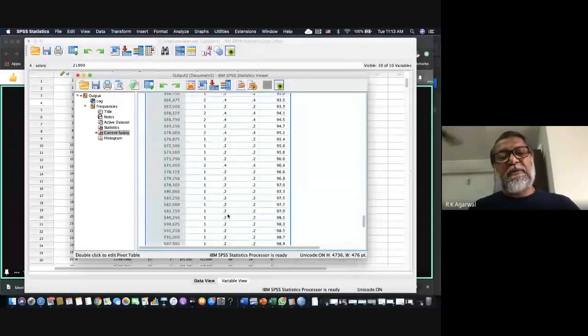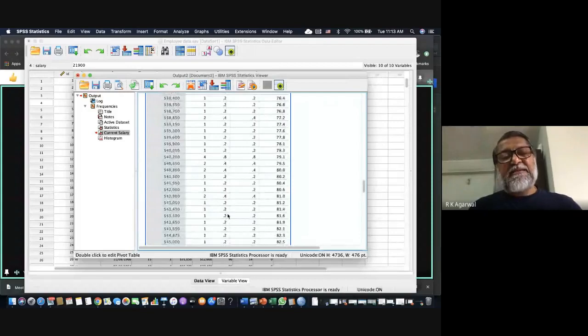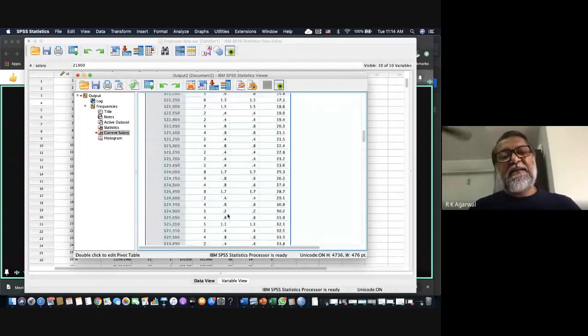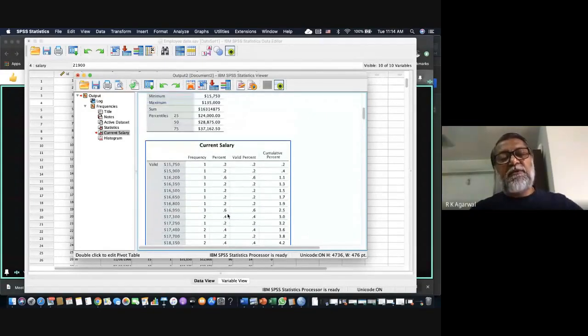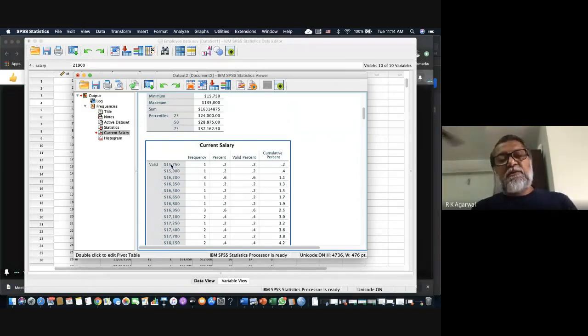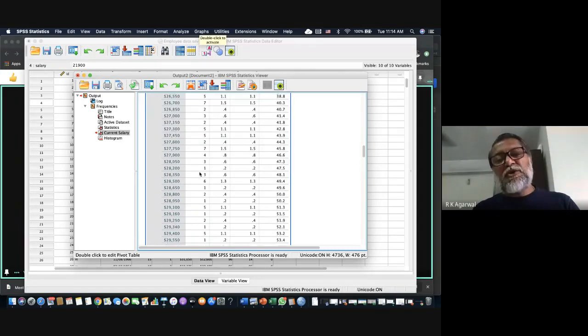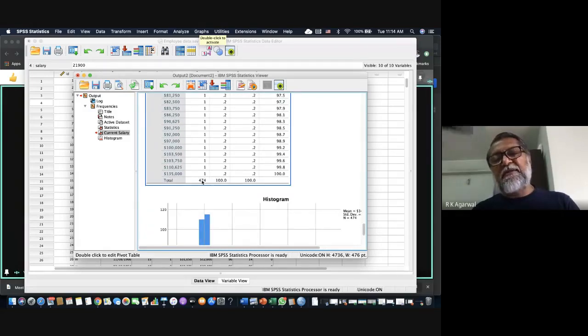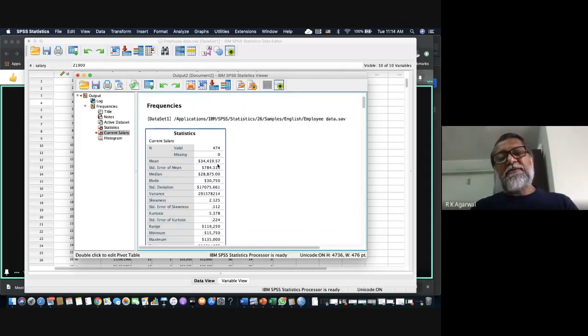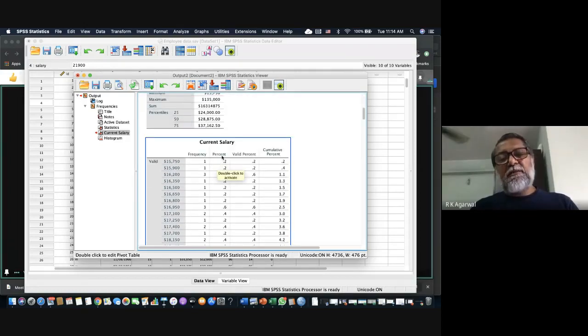This is the frequency distribution, but this is a single cut point rather than different cut points. So every value is indicated in terms of its frequency, 15750, 5900, and so on. And if you total these frequencies, what total should you get? You should get a total of 474. And likewise, you can calculate the percent also.